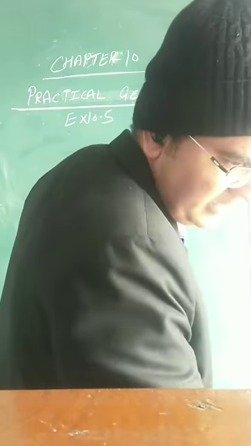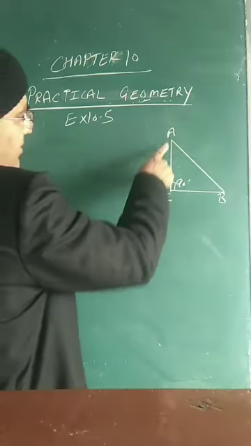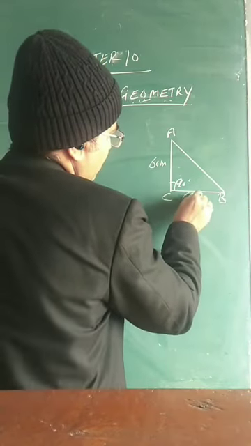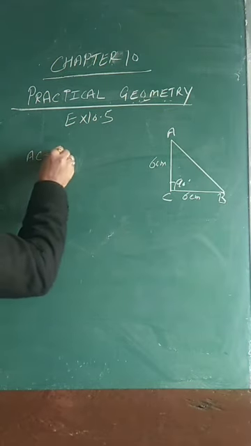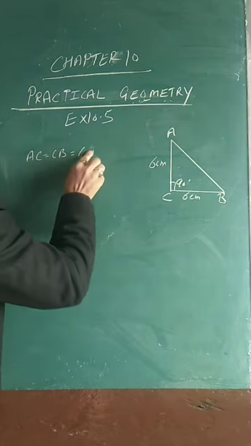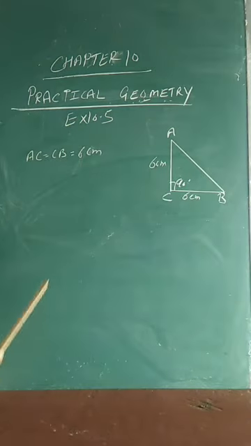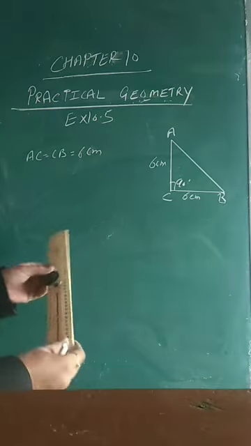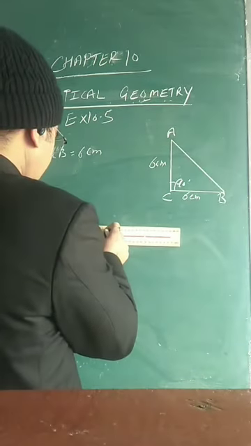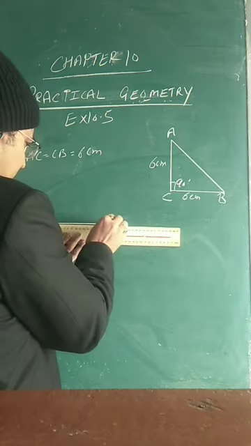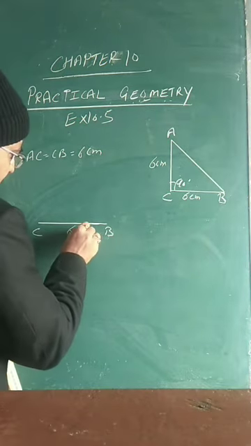Now they are saying that equal sides. So AC is equal to 6 centimeter. If this is an isosceles triangle, then AC should be equal to CB. So this is also equal to 6 centimeter. So we write here AC is equal to CB or BC is equal to 6 centimeter, because hypotenuse is the greater side, so only these two sides can be the equal sides. So we'll start with the base BC, which is equal to 6 centimeter. Okay, so this is the side CB equal to 6 centimeter.